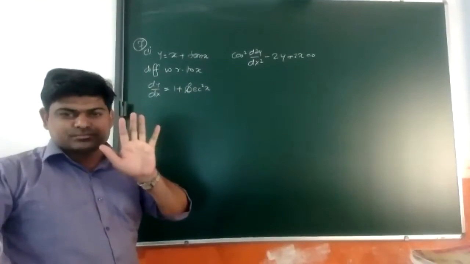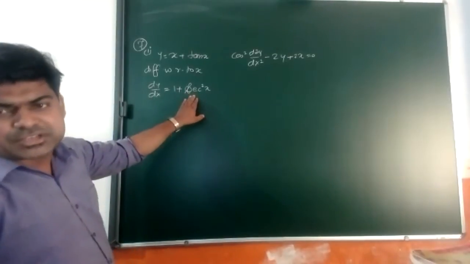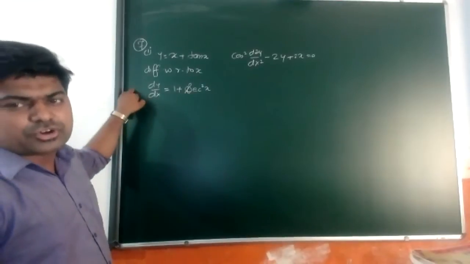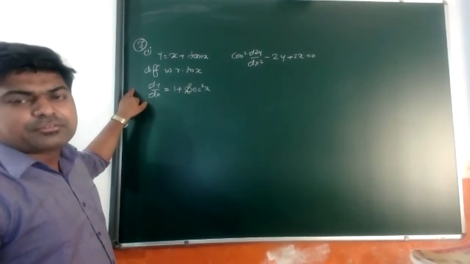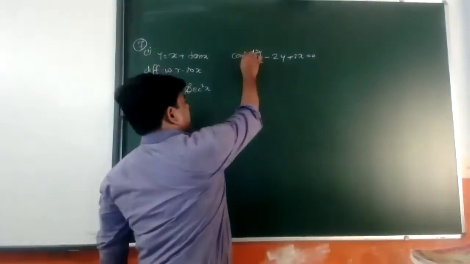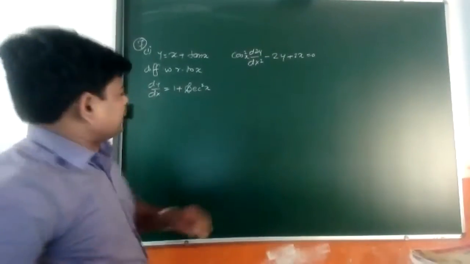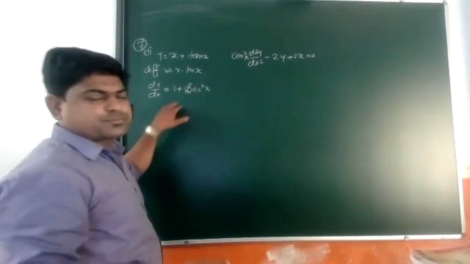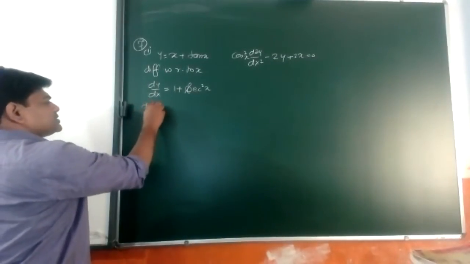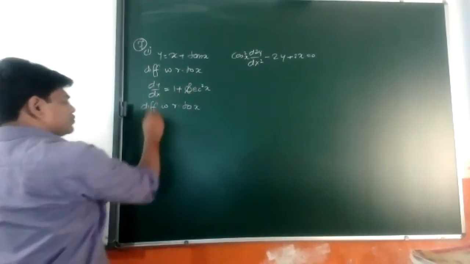Now there are two options. The first is that sec square x can be written as 1 upon cos square x, and I transpose cos square x to this side, and when we use the product rule, I directly get cos square x into d2y by dx square. That is the first method. The second one, we need not transpose anything. Directly, I am writing here, differentiating with respect to x again. So what will happen?